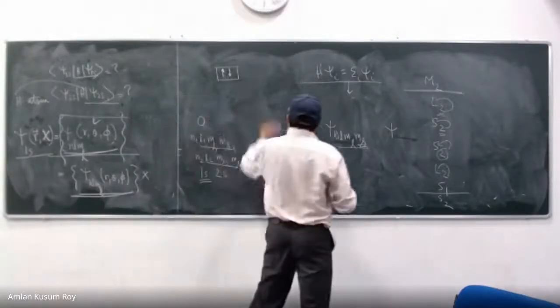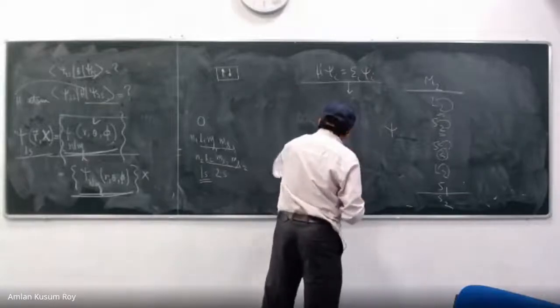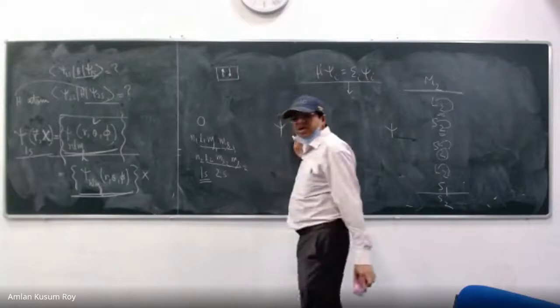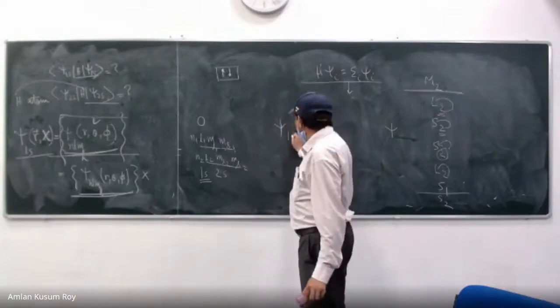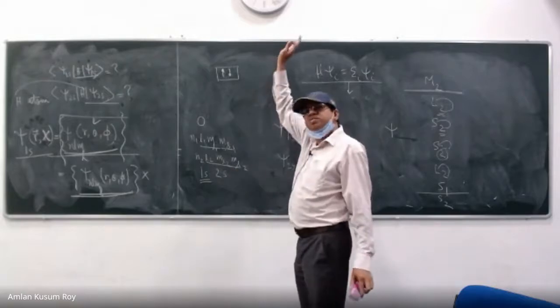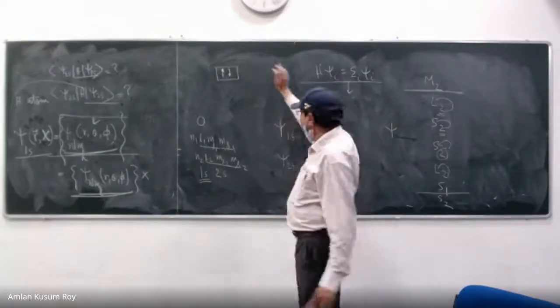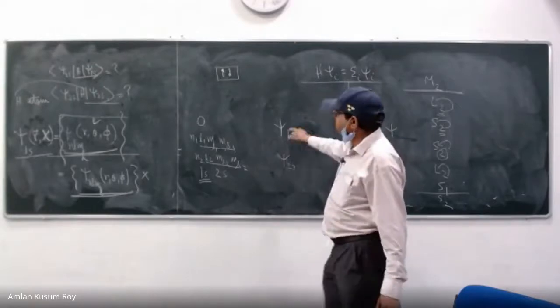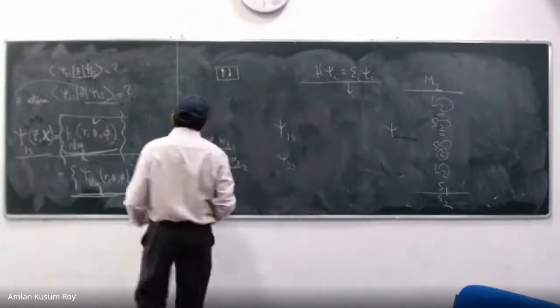Now your Schrodinger equation is about what? The eigenvalue equation you solve, what will you get? Psi 1s and psi 2s, right? After all these very difficult things which you will do. But the question is that for these orbitals, for hydrogen the eigenfunctions, now how many operators do you have?